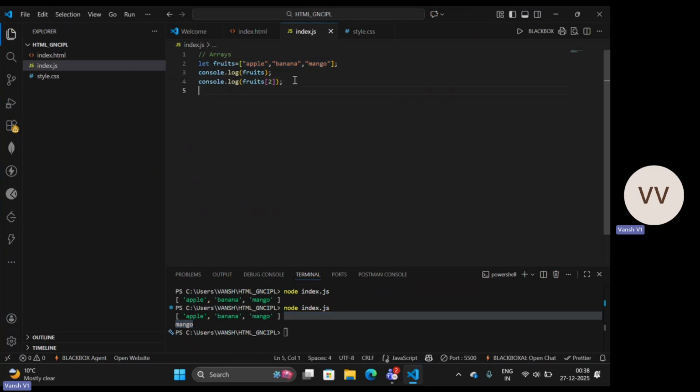Now also you can do one thing. Suppose you want to change the value of this banana to orange. So in the fruits array, target the element which is at index 1 and assign the value from banana to orange. Okay. So if now we just console it,